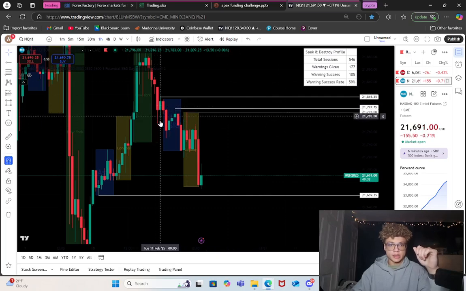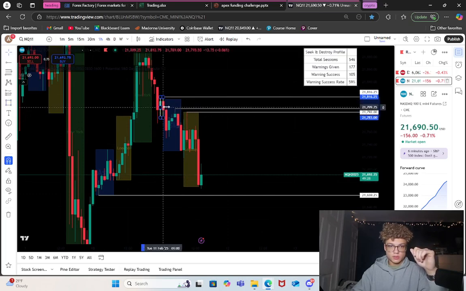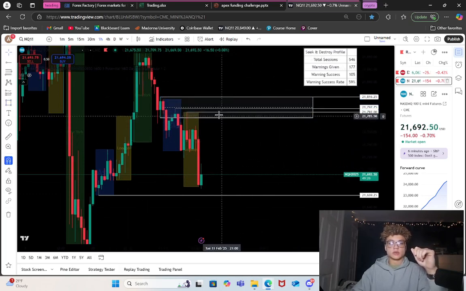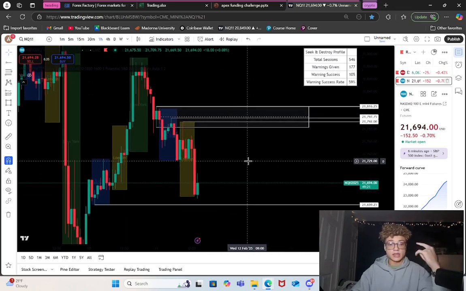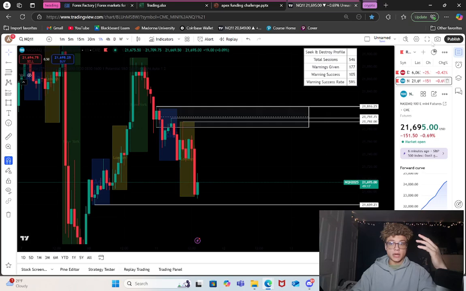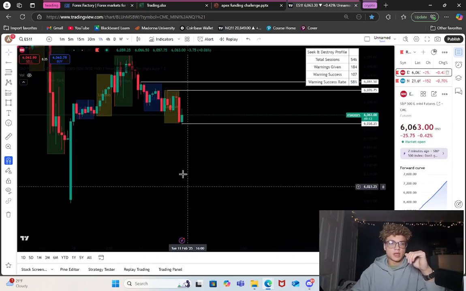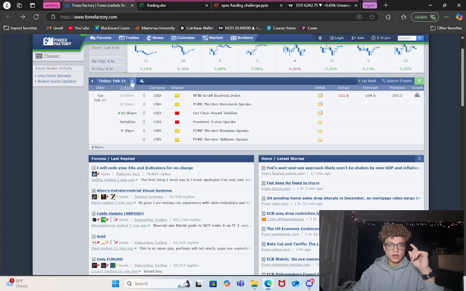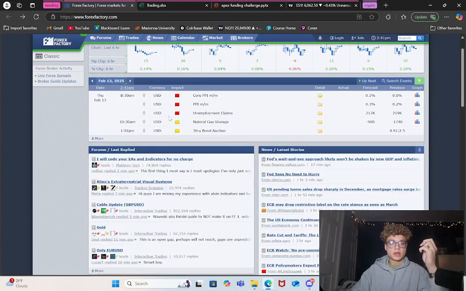Again, we have a really nice high time frame bearish order block right here on this left side. So we could see price take it out, move into this order block, and get a really nice move down, but probably not going to get that today. Today's either going to be super choppy, or it's going to make a really big move and then be super choppy. Either way, I think today is going to be very choppy with Powell speaking at 10 a.m. And then the next few days, we have CPI tomorrow, and then Powell speaking again, and then PPI the next day. So we have a lot of news the next few days.